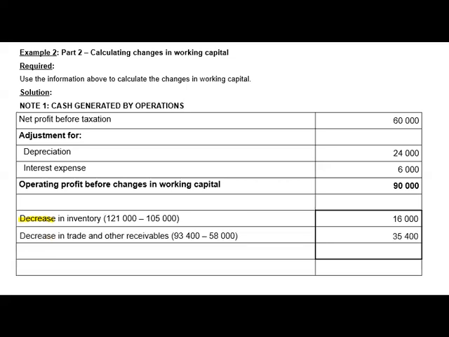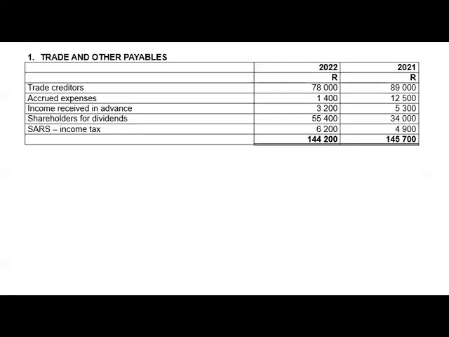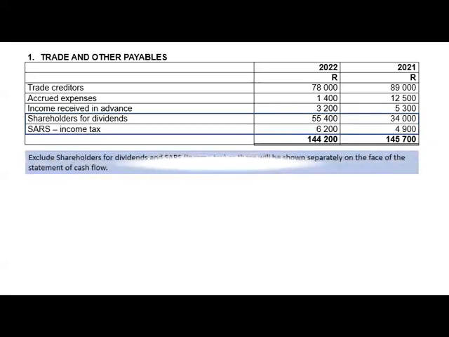And what about payables? An increase in trade and other payables, you exclude shareholders for dividends, you also exclude SARS income tax, okay? You only exclude accrued expense if and only if it relates to interest on loan. If they don't tell you, do not exclude it. They must tell you that that accrued expense